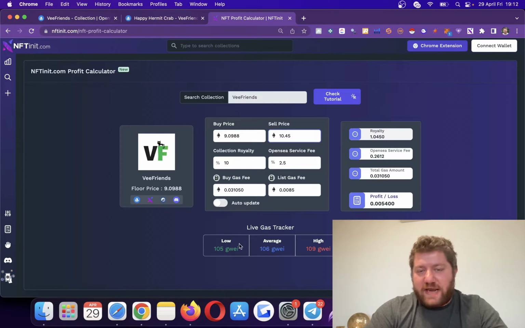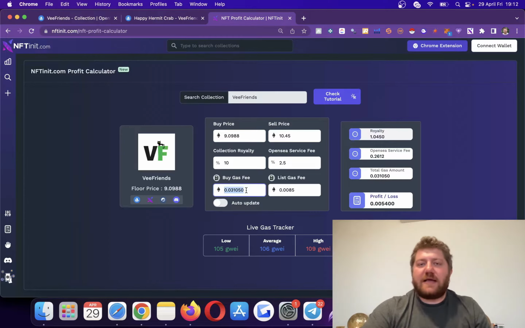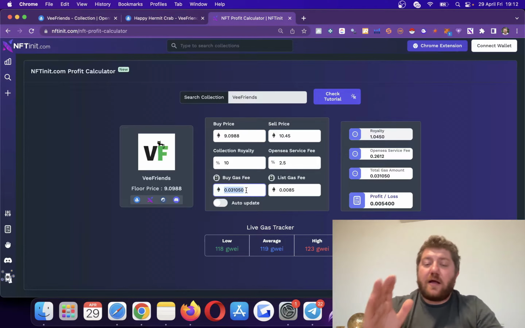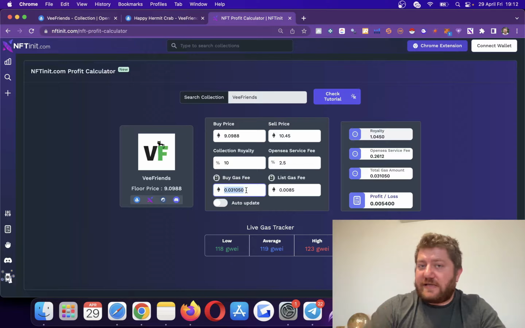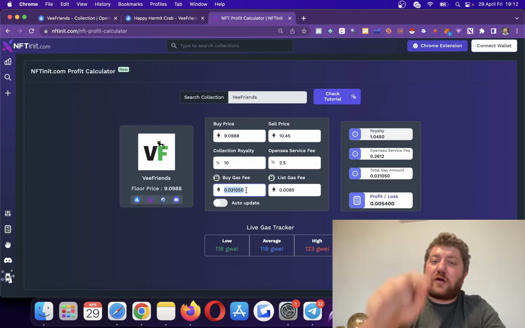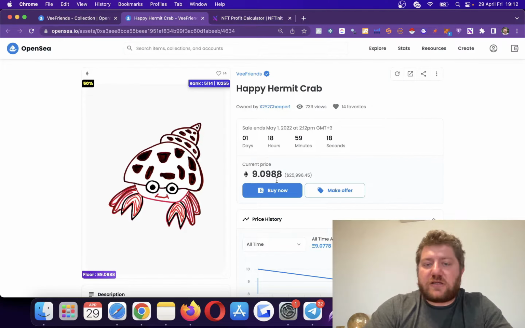The gas just changed. So this is dynamic. The system will actually change this part whenever there is a change in the gas price. Gas is actually the money you pay for miners when you are making a transaction, like buying them. I'm not really going to go into the details of how blockchain works, but at least you have to know your calculations. So if you want to verify the numbers here, you can just go to this collection, hit on